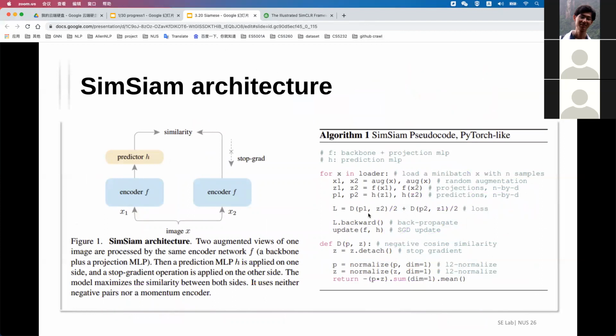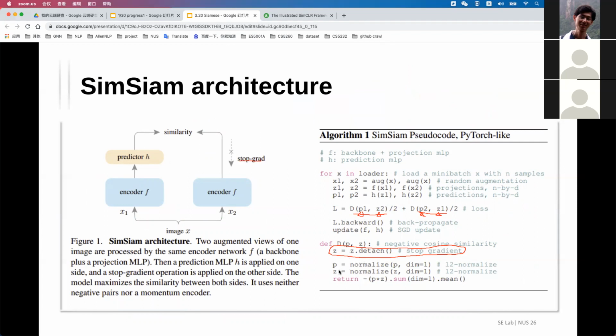After you say it, I can share the algorithm. You can see the algorithm here. It compares the loss of two things, one is the projection, another is the prediction. So he computed the loss of two different layers, and one layer is just detached with a stop gradient. The Z layer, the prediction layer, he stops the gradients here. So he just used this mechanism to stop the gradient.